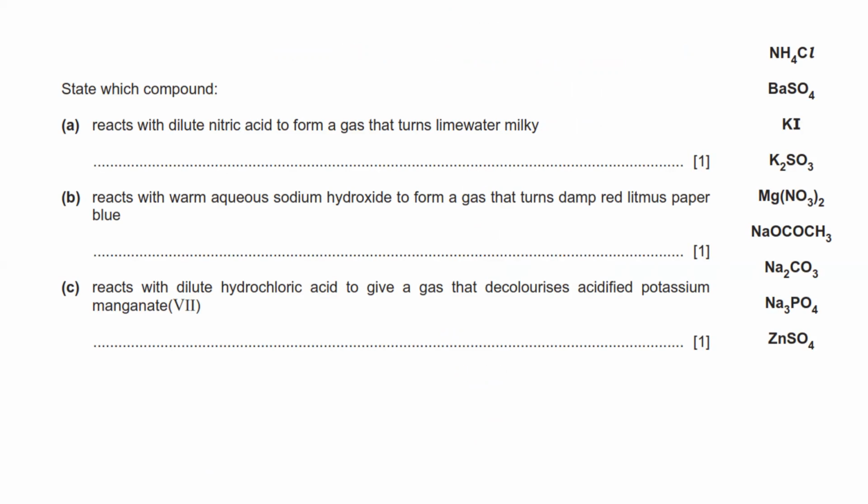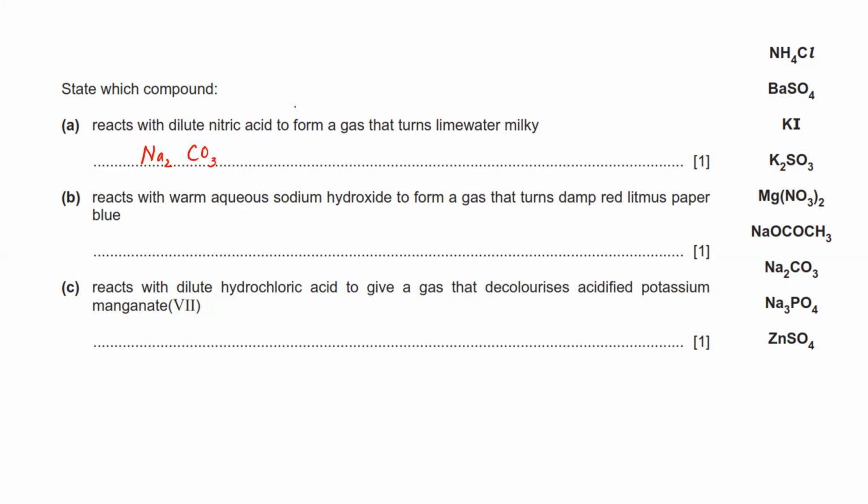State which compound, part A, reacts with dilute nitric acid to form a gas that turns lime water milky. So remember the test for a gas that turns lime water milky is carbon dioxide gas. So any compound that contains a carbonate will react with nitric acid to form this carbon dioxide gas. So in the list, find a carbonate salt. So we have sodium carbonate. So our answer will be